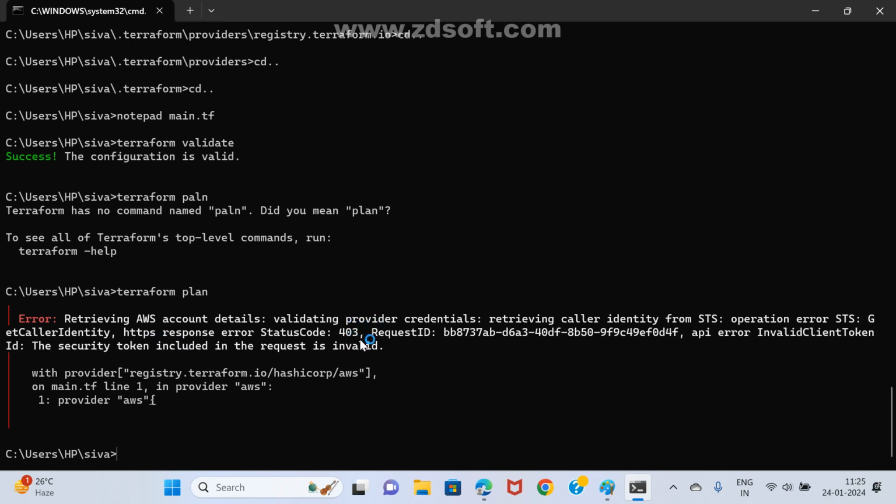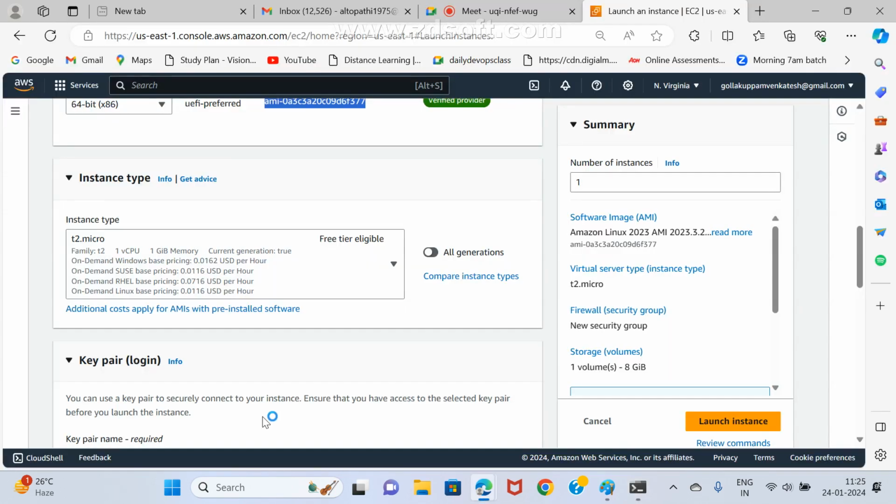You know the meaning of 403. 403 means what? Can you guess it? Forbidden. Forbidden means what? That is the authorization problem. See, authentication, okay. Authorization problem. There is no proper communication, right? Why is there no proper communication? You know,